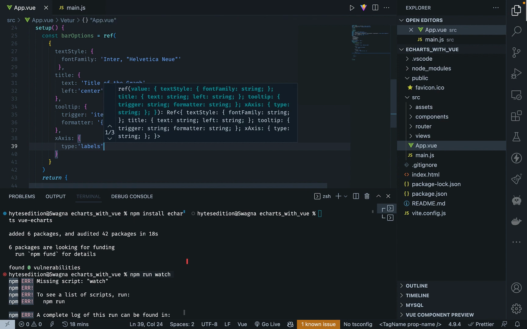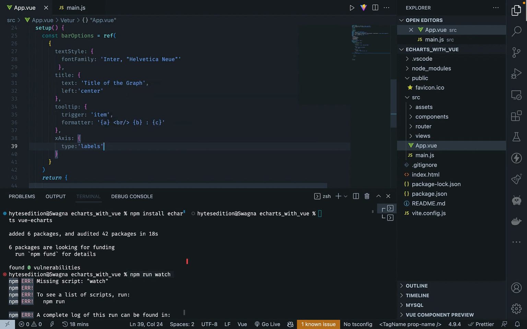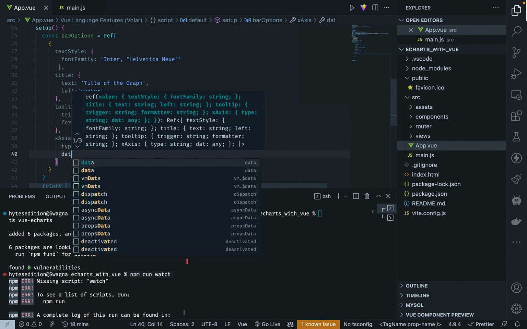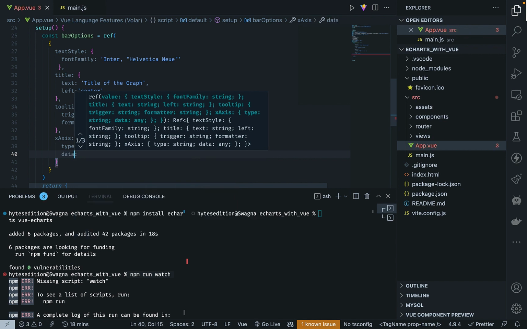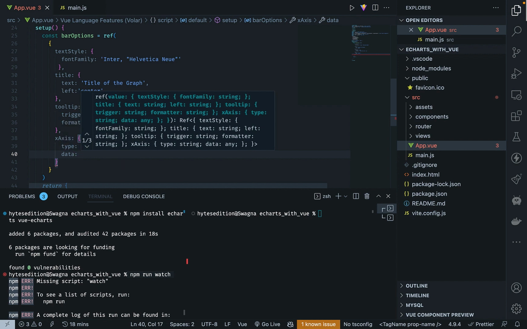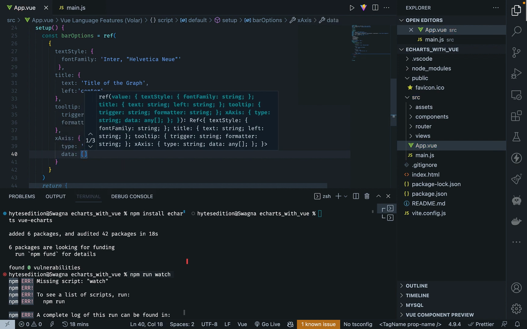So you can say I have something like labels, and go ahead and say that only. So you will then include the y-axis. Before we go to the y-axis, we shall put in the data that is supposed to be displayed on the x-axis. So the x-axis can have, let me say,